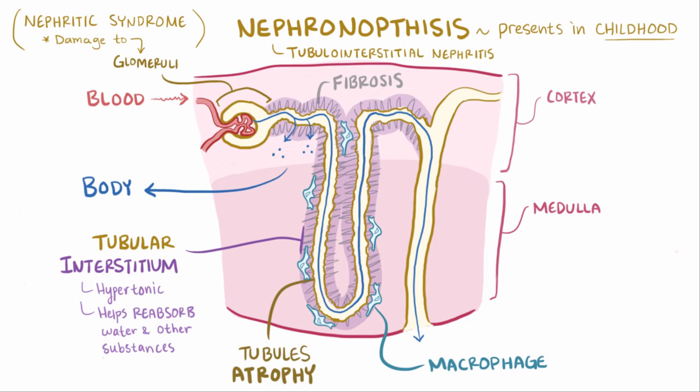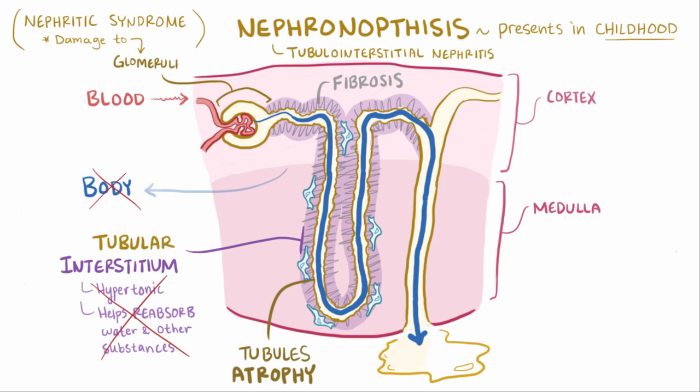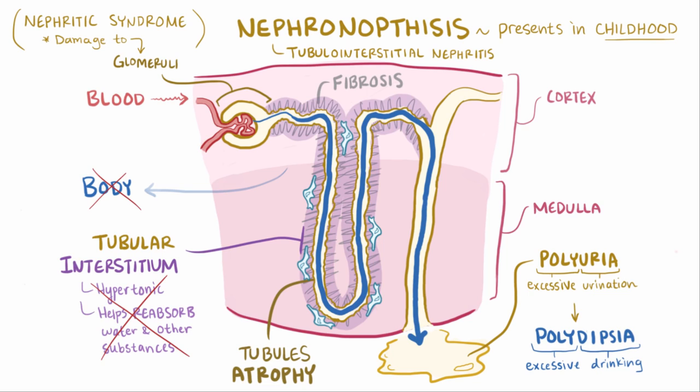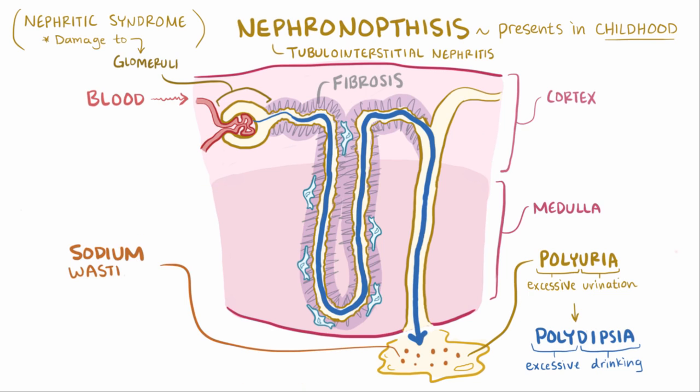In nephronophthisis, the affected tubules lose their ability to concentrate the urine by reabsorbing water and other substances back to the body. So urine ends up being more dilute than usual, which leads to polyuria, excessive urination, and therefore polydipsia or excessive drinking. Sodium wasting also happens, which is where excess sodium gets excreted in the urine. But proteinuria, or proteins in the urine, as well as hematuria, or blood in the urine, typically aren't seen in